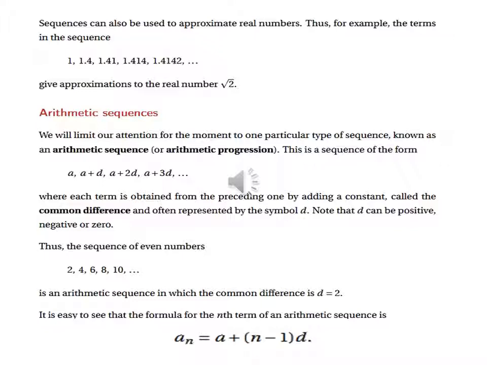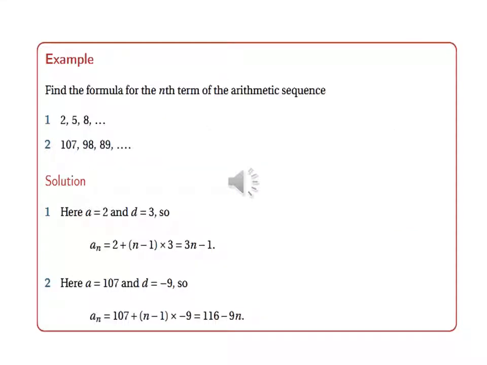Thus, the sequence of even numbers 2, 4, 6, 8, 10, and so on is an arithmetic sequence in which the common difference is d equals 2. It's easy to see that the formula for the nth term of an arithmetic sequence is a sub n equals a plus n minus 1 multiplied by d. This is an example. Find the formula for the nth term of the arithmetic sequence 2, 5, 8, and so on. Solution: a equals 2 and the common difference is 3, so